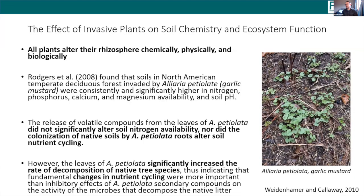All right, keep moving on here. There's a lot of research out there. I cherry picked a couple of different articles here on some of Long Island and New York State's well-known invasives. Looking at garlic mustard here, there's this reality that all plants,